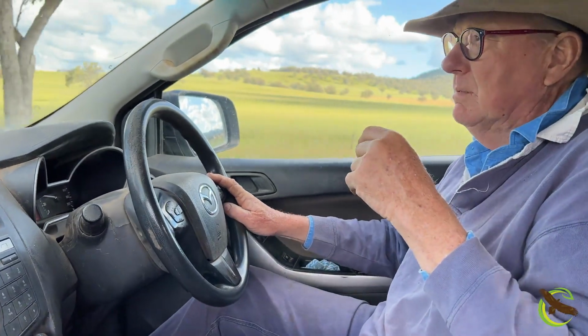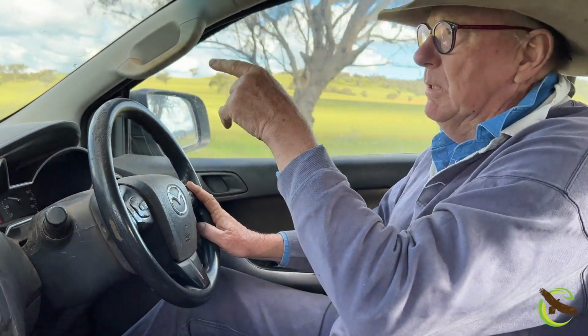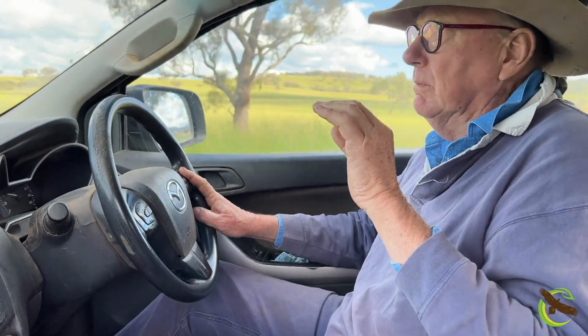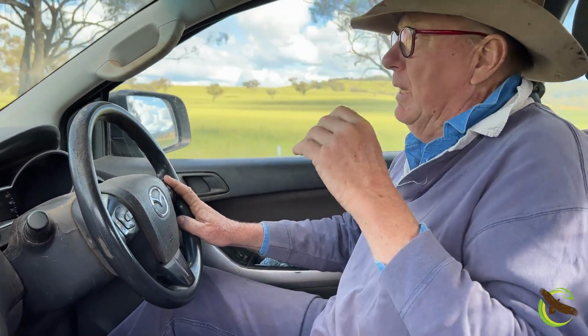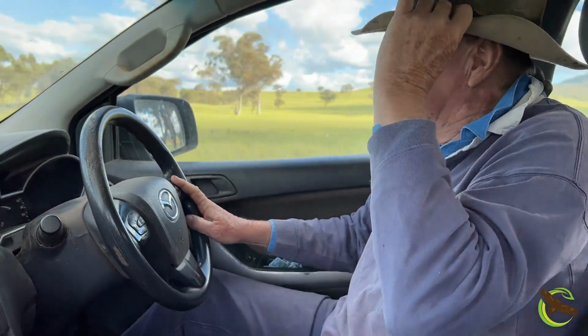No. Doesn't matter? No. Very difficult to fence on contour when the water's in the middle. We're not all, but mostly radial water points. And the logic behind that is it's very efficient from...